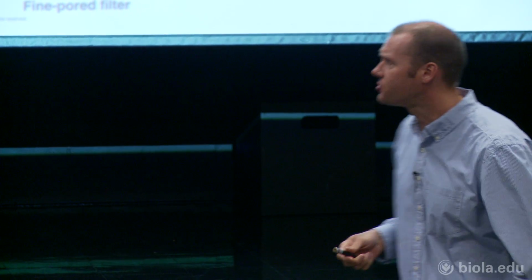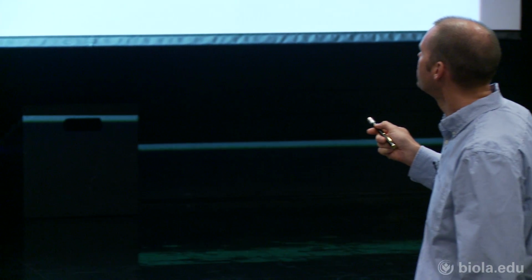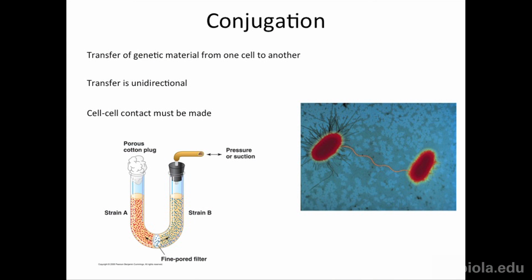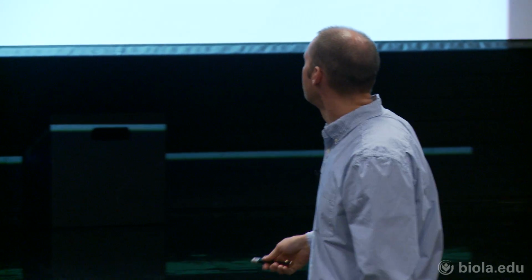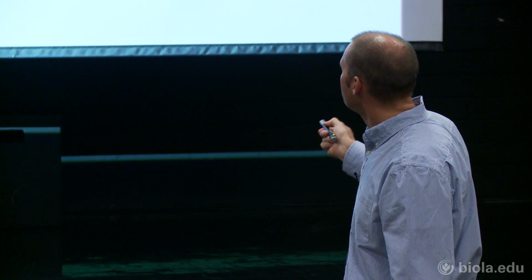Conjugation is transfer of genetic material from one bacteria to another. The transfer is unidirectional. Okay, so it's not a real exchange, it's just a gift from one to another, all right? There's no reciprocal exchange here. And cell-cell contact must be made. I'm not going to go through the experiment that they did to determine this originally, but we know now that one of the bacteria that's actually going to give the genetic information to the other makes a little apparatus called